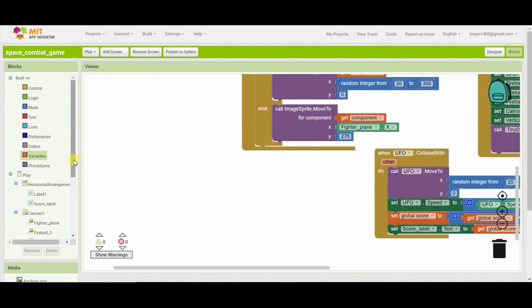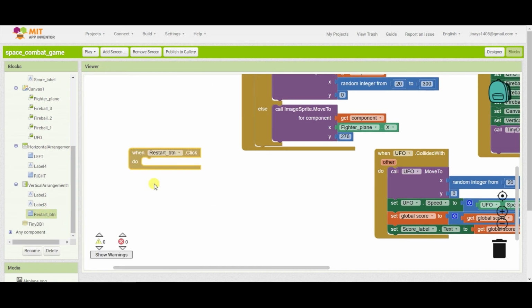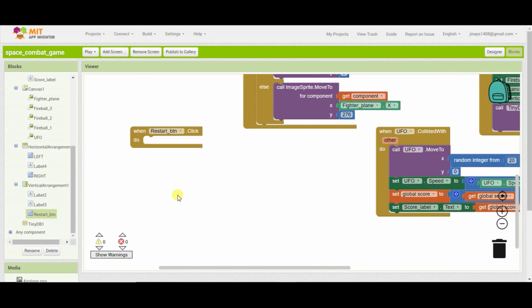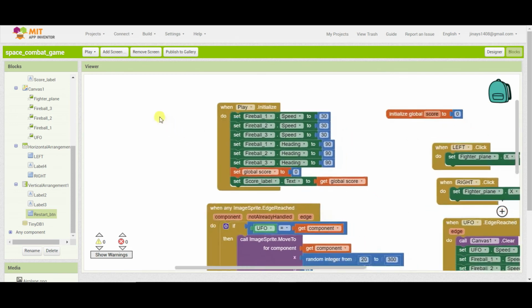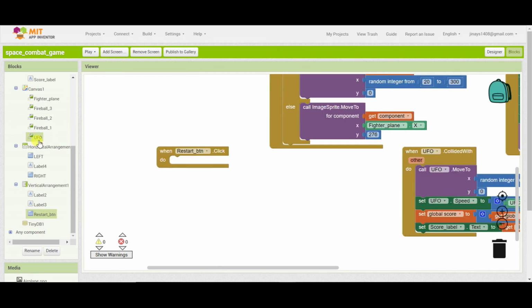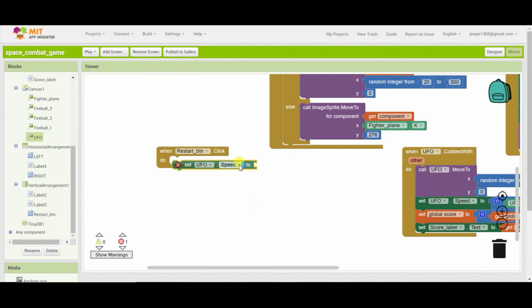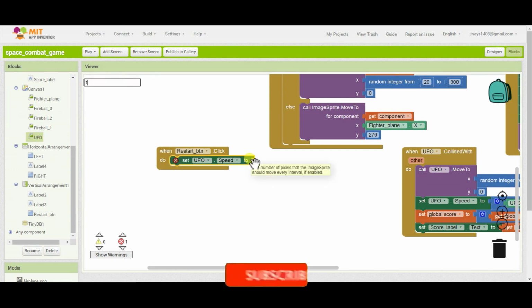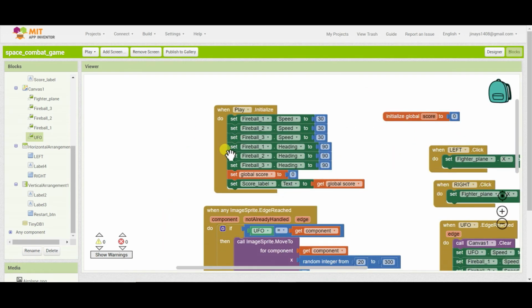And whenever someone clicks on the reset button, so here I'll just click on the plus sign near the vertical arrangement, and whenever the restart button is clicked, we have to set UFO speed to 10. Then I'll set the fireball speed to 30.